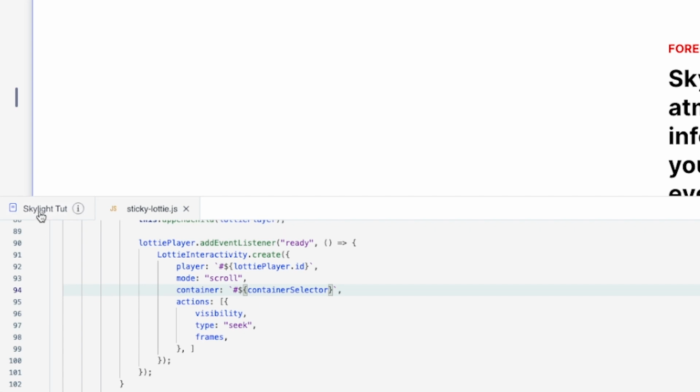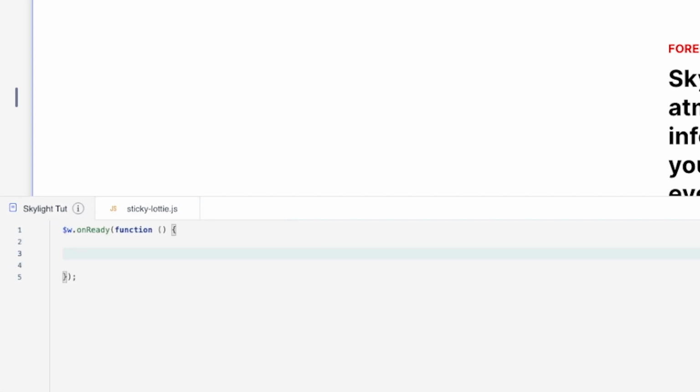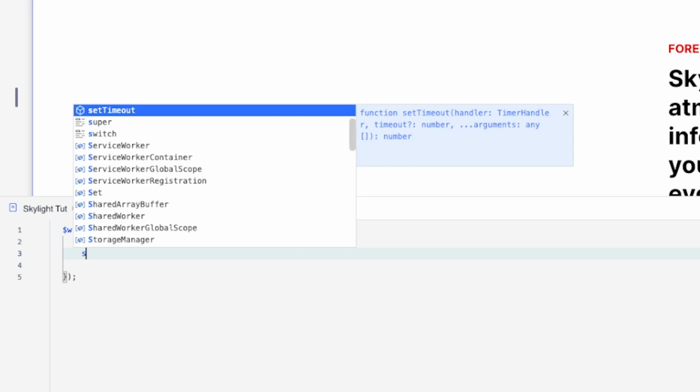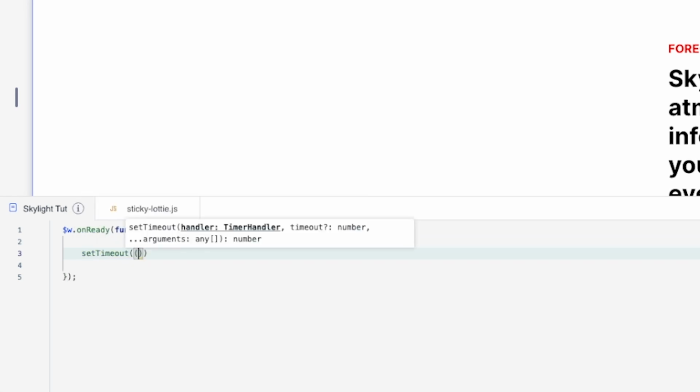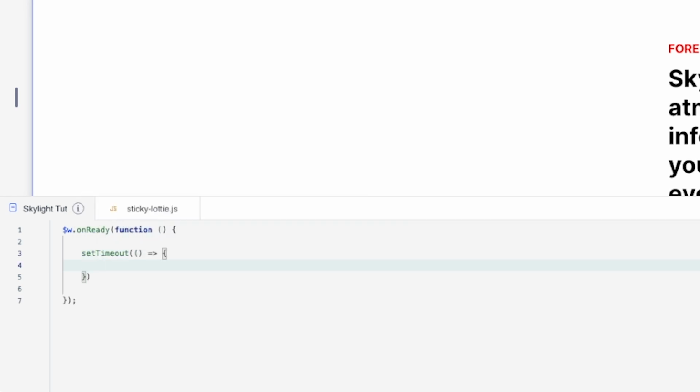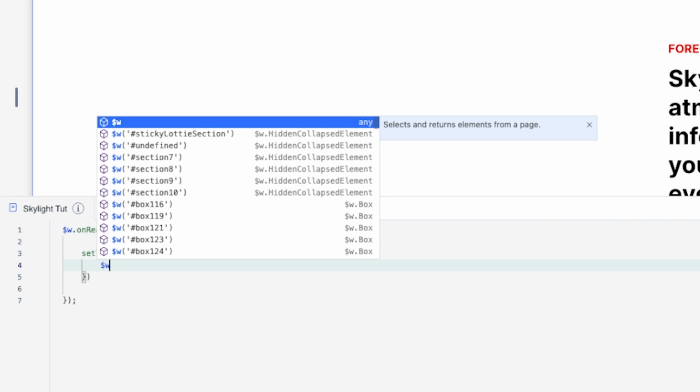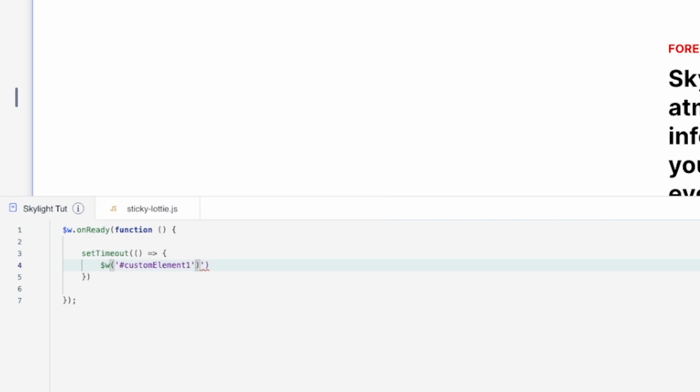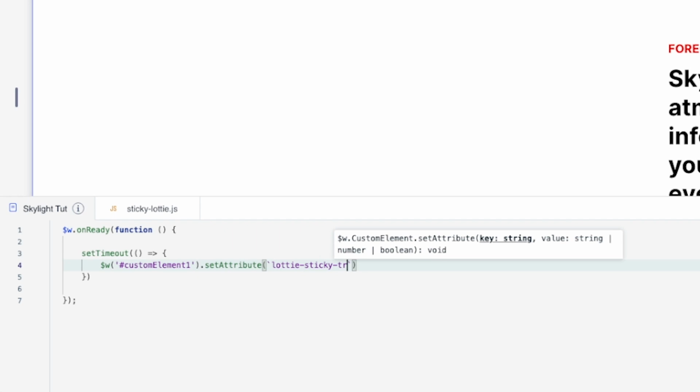So what we're going to do is come over to the page code, and right here what we're going to do is say set timeout. I want to create a function here for it. Inside of this, we want to grab the custom element. So this is called custom element 1. So we're going to say $w, we're going to say custom element 1. Then we're going to say set attribute. And inside of this, we're going to say Lottie sticky trigger element ID. And then we want to have a comma on the outside of this little,